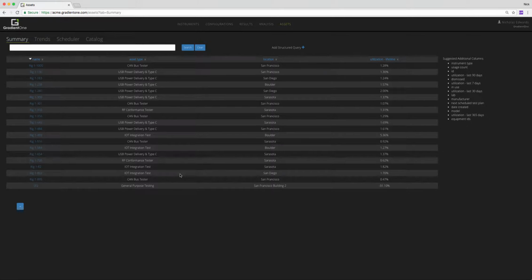This is a brief demonstration of the GradientOne asset discovery feature. In a lot of lab environments that we come across, customers don't have a good sense of all the devices that are being used in their lab and what their utilization is. Before you can track utilization, first you have to understand what's being used, and that's the purpose of this